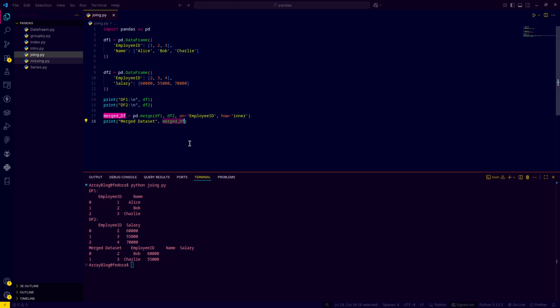Only common employee IDs will appear here. So the common employees would be 2 and 3. So 2 and 3 we are combining here, right? And we get the values like 2 is Bob and 3 is Charlie. So we get this, and then name and salary we got here. So it's a merge dataset. First one is employee ID, that is 2 and 3. Name is Bob and Charlie. And salary is 60,000 and 55,000, right? That's how you do